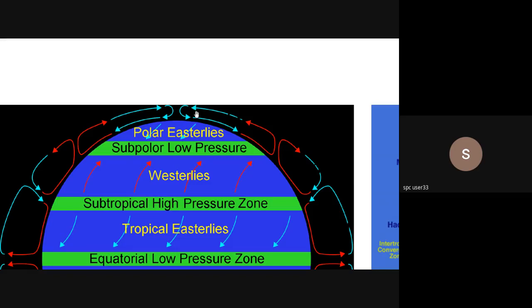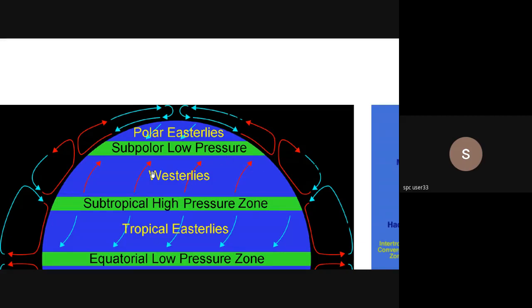Okay, this part here, you have very cold winds which are heavy, dense, and they come down and they settle and then move towards this area. And the warm winds from this area, the relatively warm winds, move towards the poles. These come from the poles, and then you have, I would say, sort of a friction between them, and that is why it is called a front. The reason it's called a front is because they have a friction, and that leads to formation of another